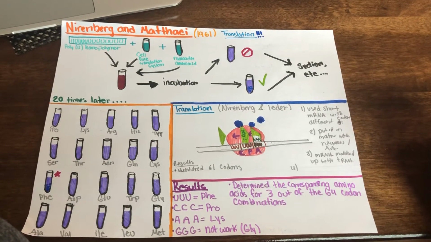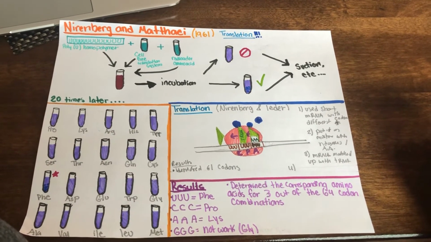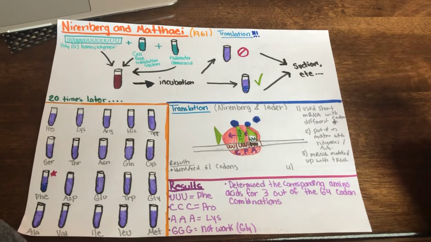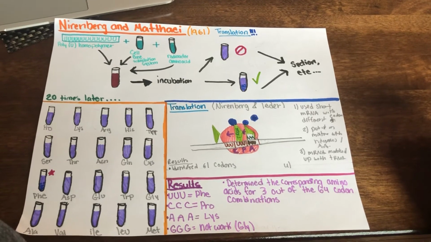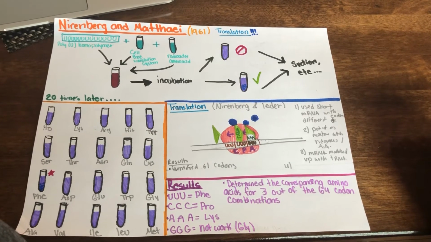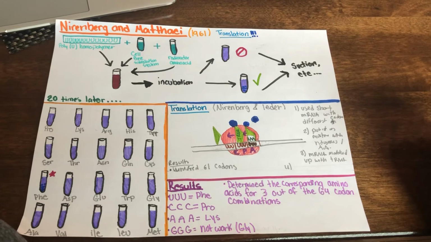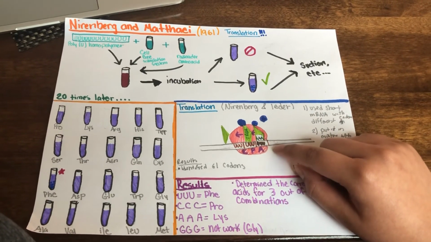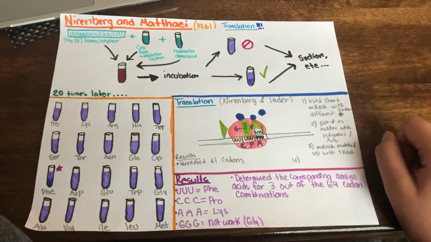And if that radioactive amino acid was used when coding for this trinucleotide, it would fall onto the filter paper that they had at the end of the experiment. And this is actually a little diagram of translation that I did for the Nirenberg and Matthaei, not